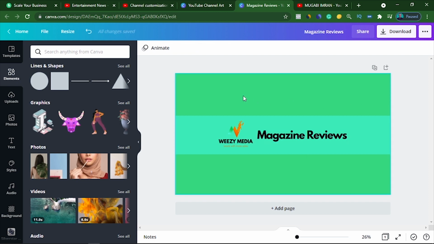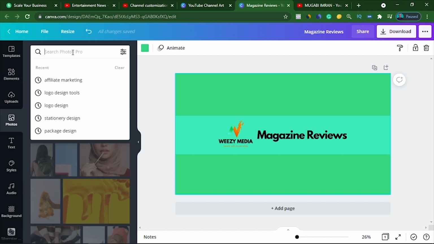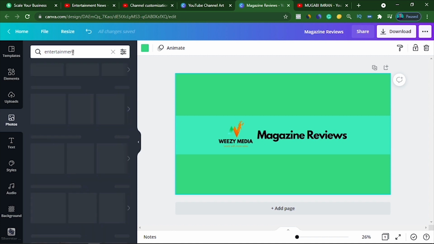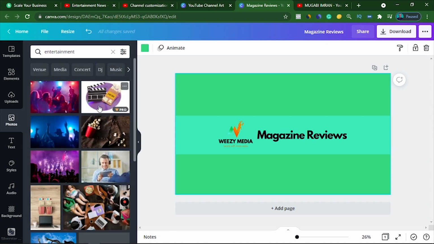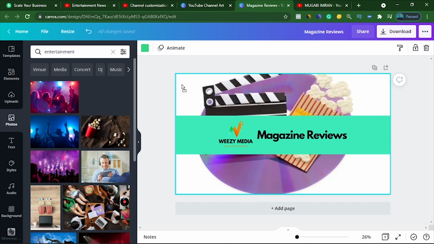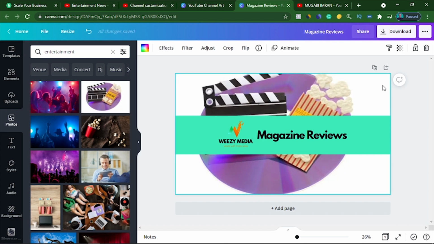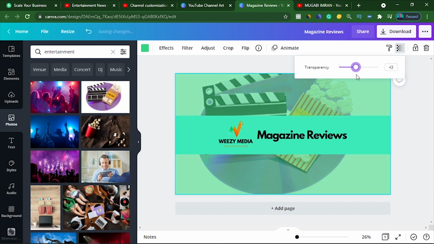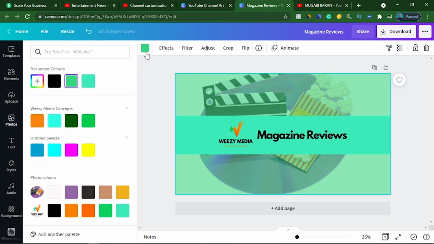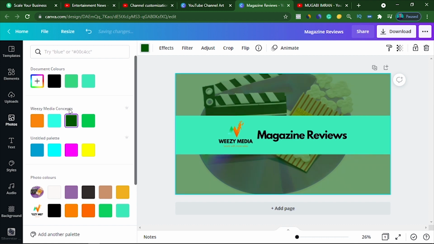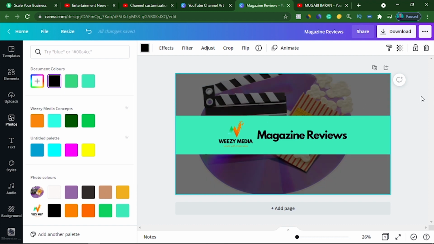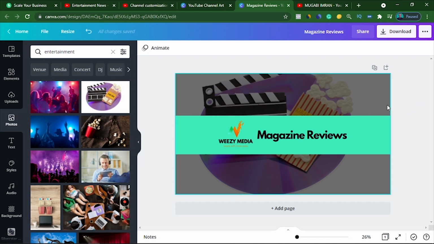I guess I'll have to change this background. Go to photos and just type in entertainment or magazines or whatever. So just click and drag it in the background and click in the background and go to this transparency. Reduce the opacity of this image. Also change the color of the background to black. Good. So when it's showing on the TV screens, on the huge screens, it will still show some cool stuff